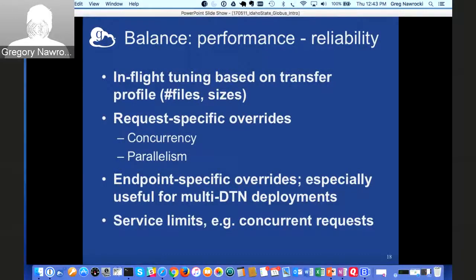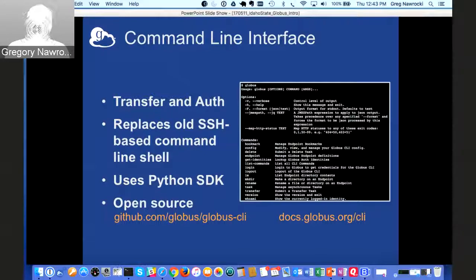So that's Globus transfer in a nutshell. And you've seen our web interface doing those transfers, but you tell me that you're old school and everybody loves the comfort and glow of a VT100. So I'm kind of old school myself. We've also got a command line interface. And in that command line interface, you can do pretty much everything I just showed you in the web interface.